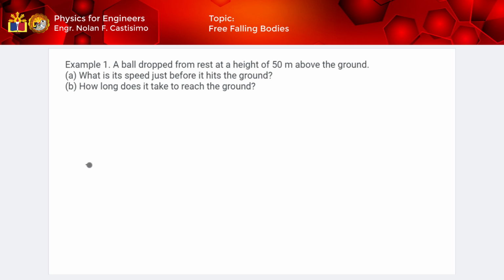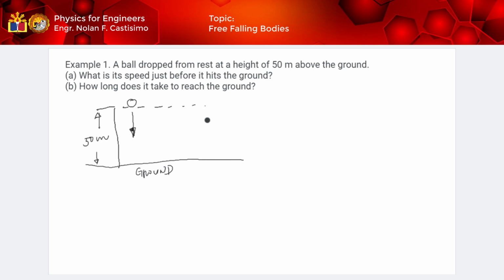Let's say, this is our ground. Okay, pagpasensya na yung drawing. And manggagaling dito yung ating bola. So, dito ibabato. No? So, andito yung taas niya. So, yung distance nito or yung displacement niya ay 50 meter. So, yan yung height. So, dito manggagaling yung bola. No? So, mahuhulog siya. So, yung motion niya ay pababa. Ayan. So, sa ground natin,